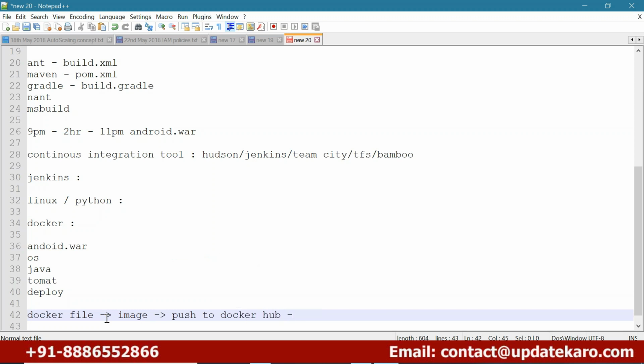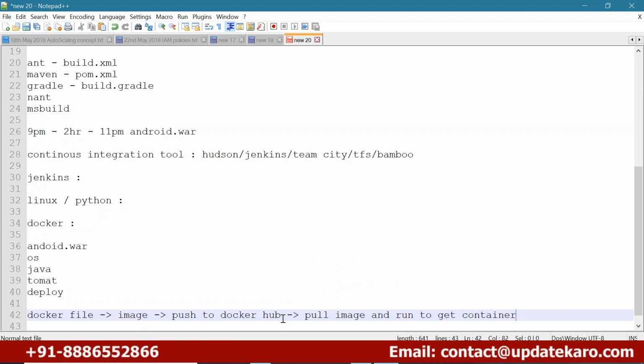Push to Docker Hub. Docker Hub is the place where we're going to store our images. It is just like a cloud environment that is held by Docker. I put my instructions in my Dockerfile, like install OS, install Java, install Tomcat, and do the deployment. These many instructions I put down in my Dockerfile, and I create the image based on this Dockerfile, and I will keep my image in the Docker Hub. Whenever the customer needs it, just pull the image and run